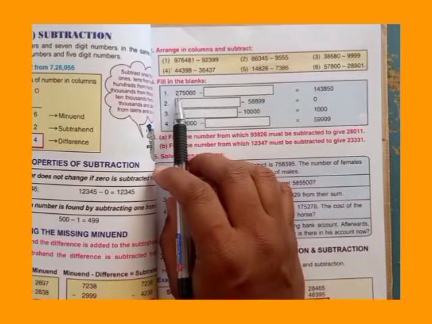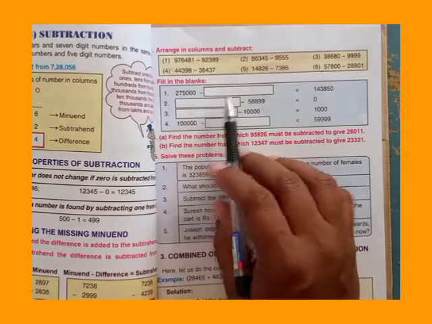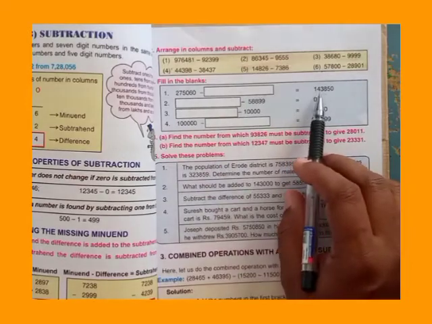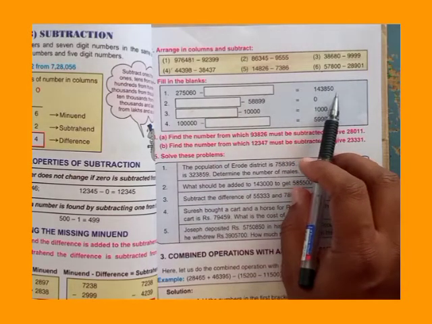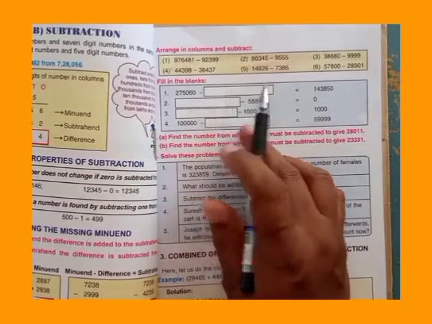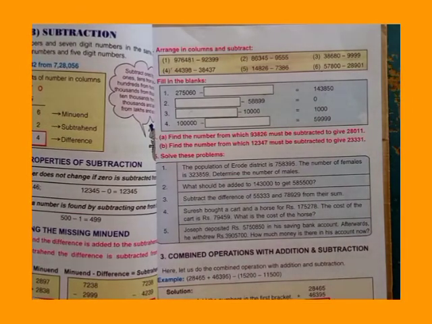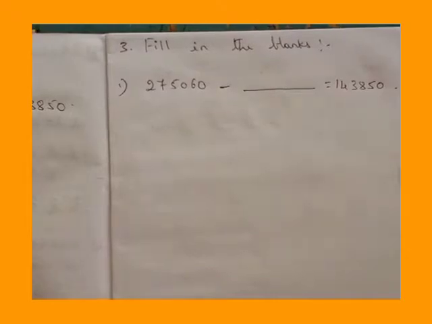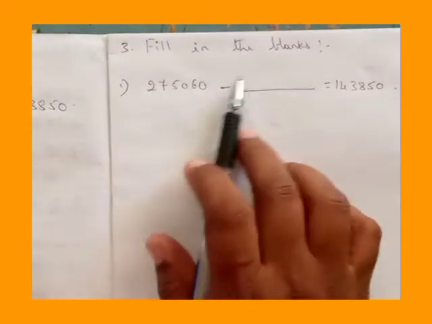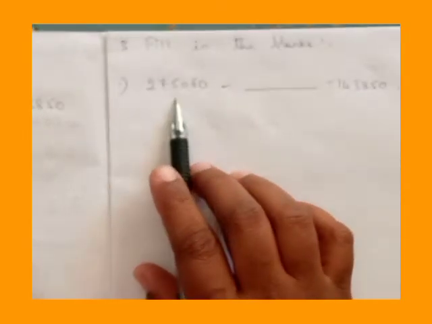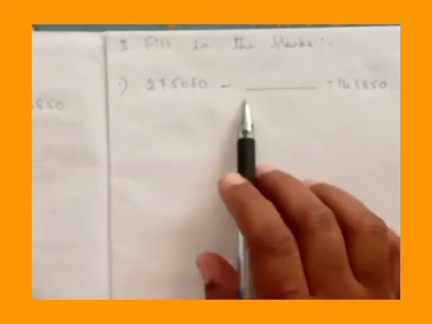So now, 2,75,060 minus dash is equal to 1,43,850. We need to find out the subtrahend. For that there is a formula, dear children. I will let you know about it. See dear children, I have written here, fill in the blanks. 2,75,060 minus dash